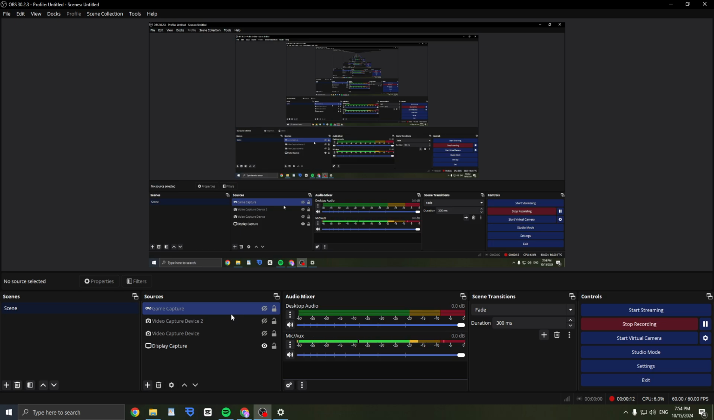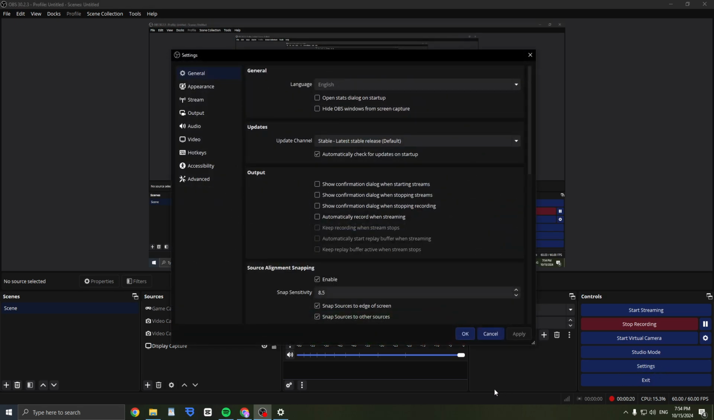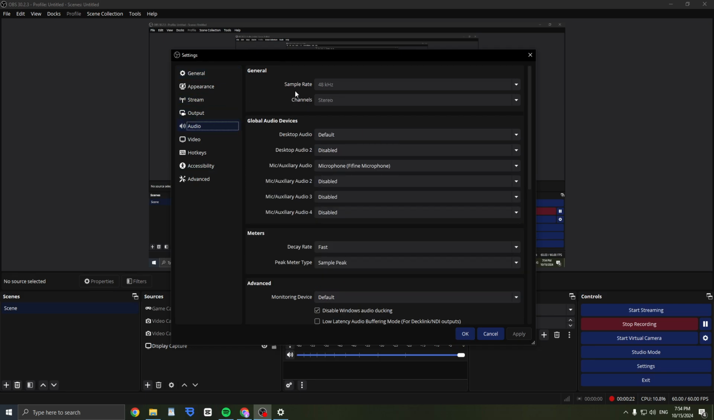So there are three ways. The first one is going to Settings here, click on it, then click on Audio, and then go down to find your microphone and select the microphone that you want to use. Sometimes with default it doesn't work, and then you can go down and just change it,